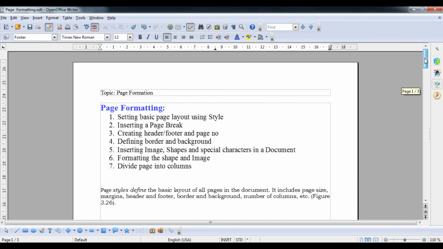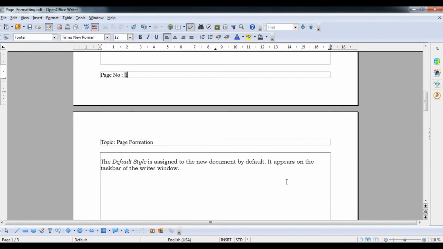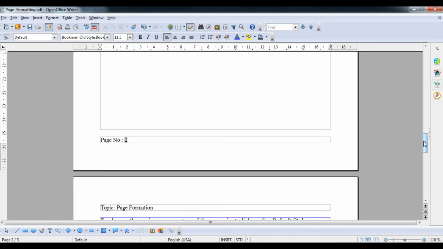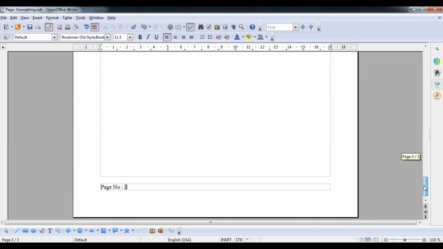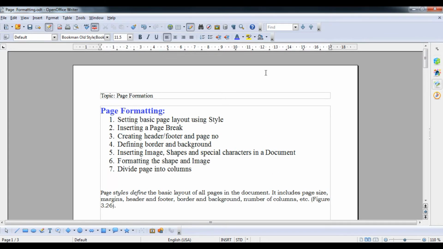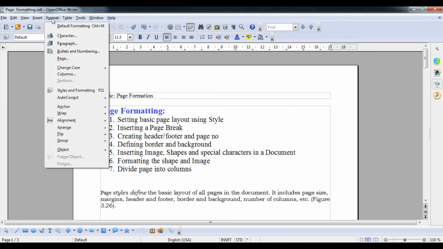So now you can see, students, the page number is continued from here. As you go to the next page, in the footer part you will see the page number will be 2, and same way page number 3 also. Students, we can insert the same detail as a header also or footer also. It's up to us what we are going to insert in the header and footer part. And now we are talking about customization, I mean to say how to customize the header and footer part.